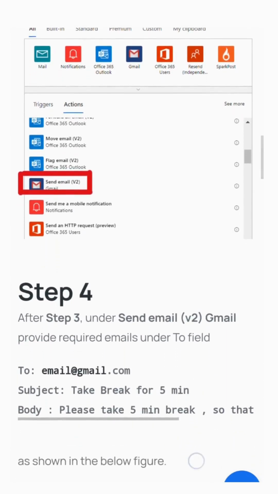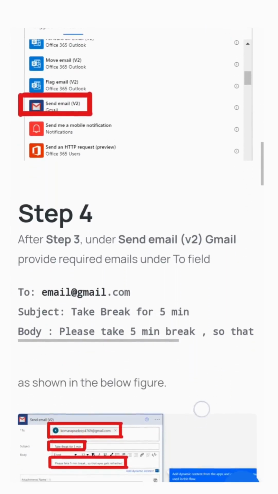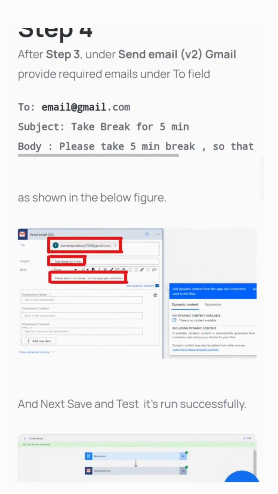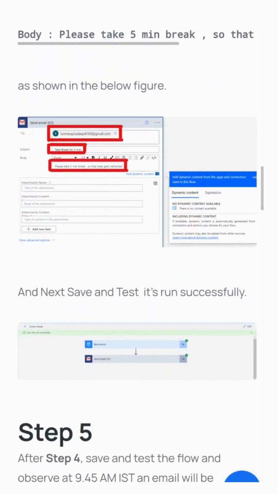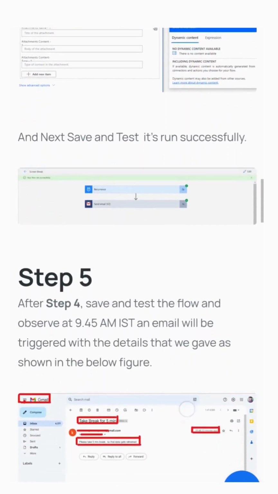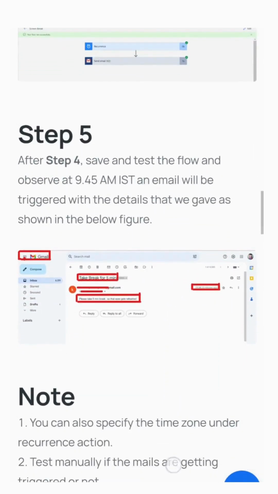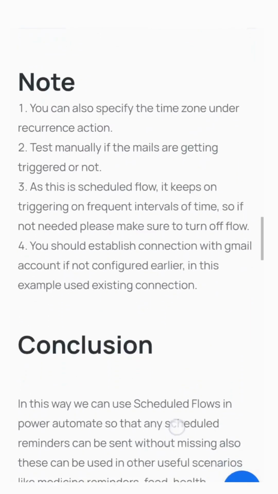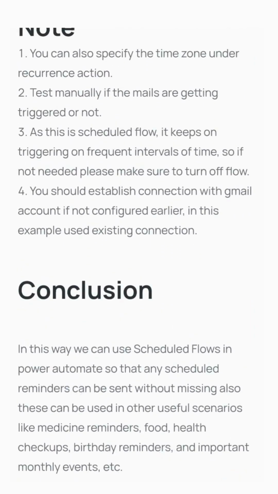To recurrence, select Operation Send Email and select Action Send Email V2 Gmail as shown in the below figure. After Step 3, under Send Email V2 Gmail, provide the required emails under the To field, email@gmail.com. Subject: Take break for screen refresh, as shown in the below figure. Next, save and test that it runs successfully. After Step 4,